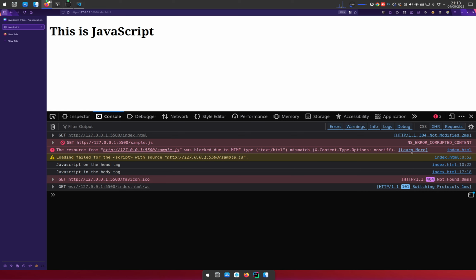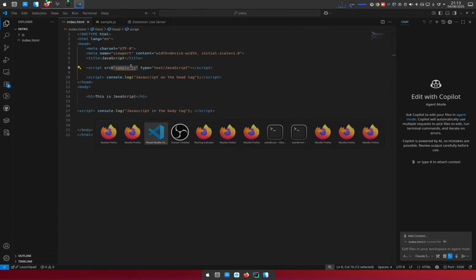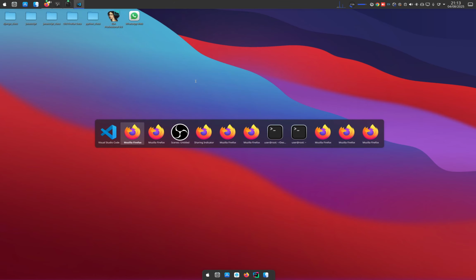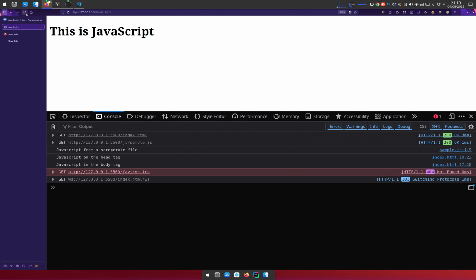I think it's 404 or something of that sort. This is simply because this JS file is inside a folder. For us to be able to show it over here, we just add the name of that folder. So JS/ and now this line of code knows where to find that file. If we go back and refresh the page, we can see it knows where to find that JavaScript file and it can display it.